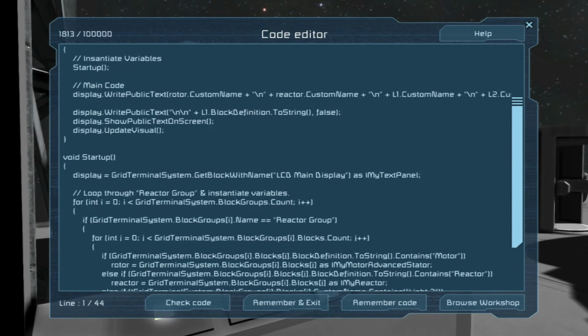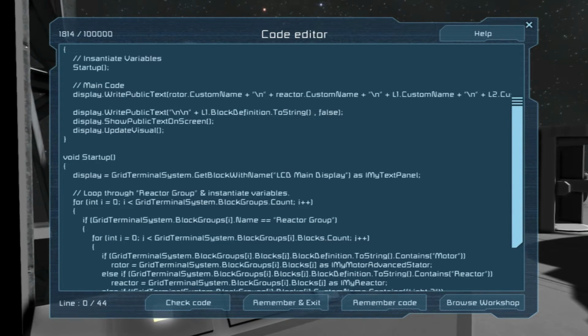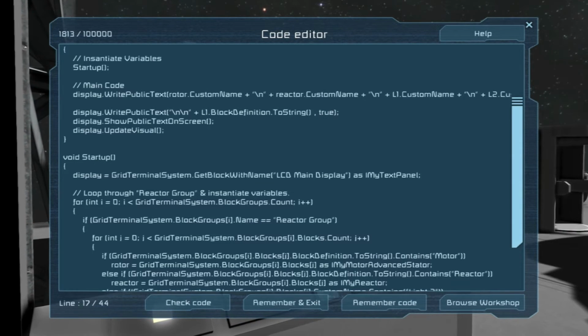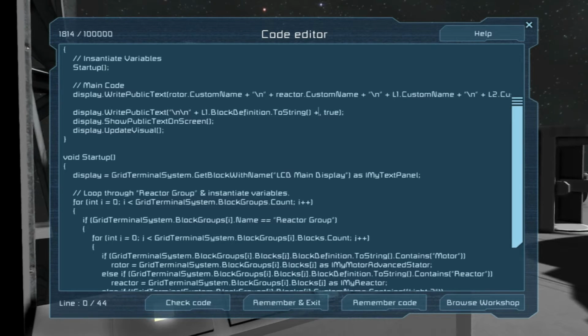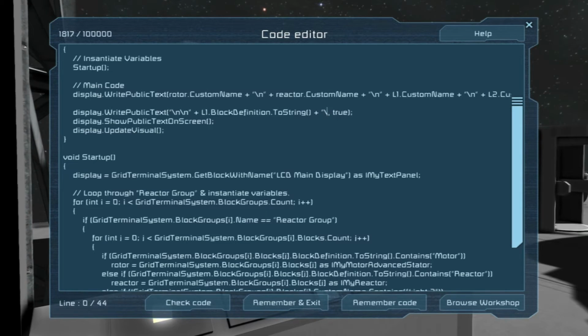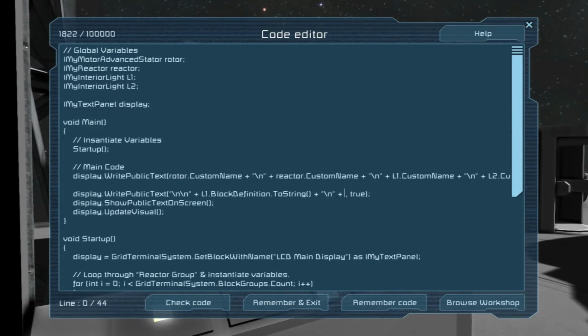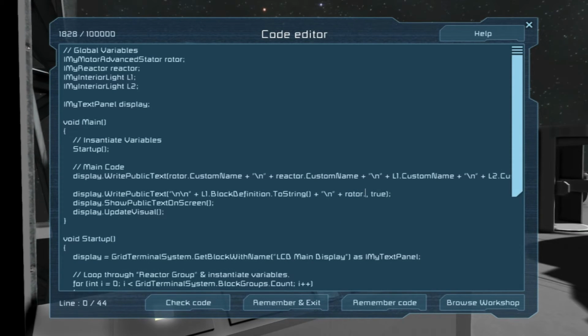So this is a very definitive way of, tell you what we'll do. We'll actually add, oh, and I put false. What a dummy. I need it to append, so I need it to be true. Let's do new line, and then let's do, just for example, we'll do them all.